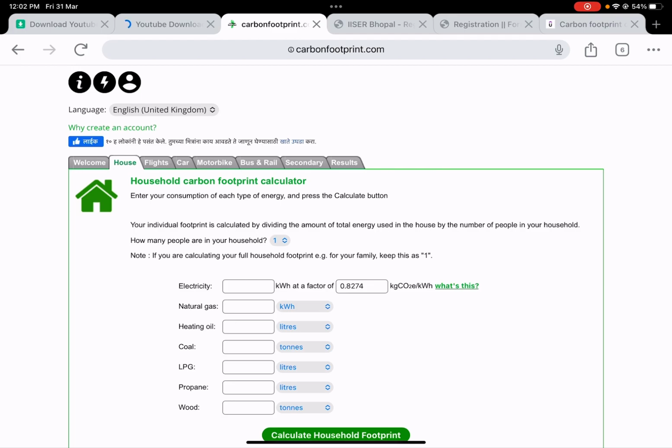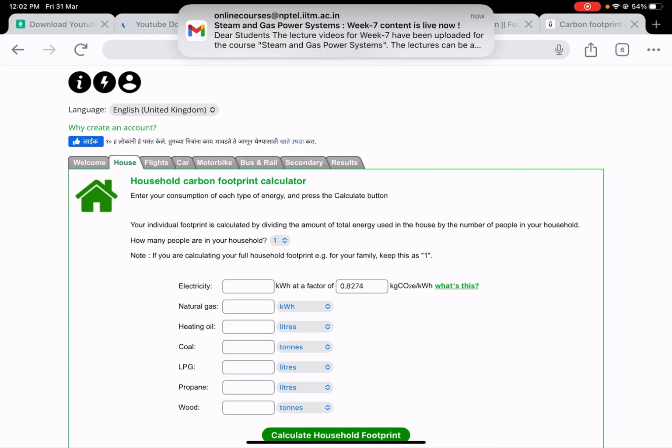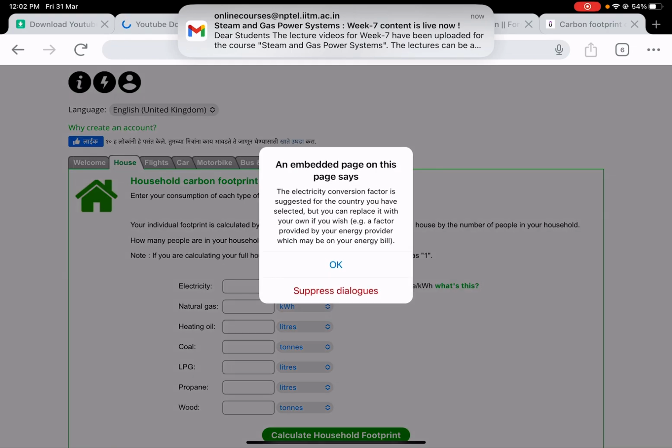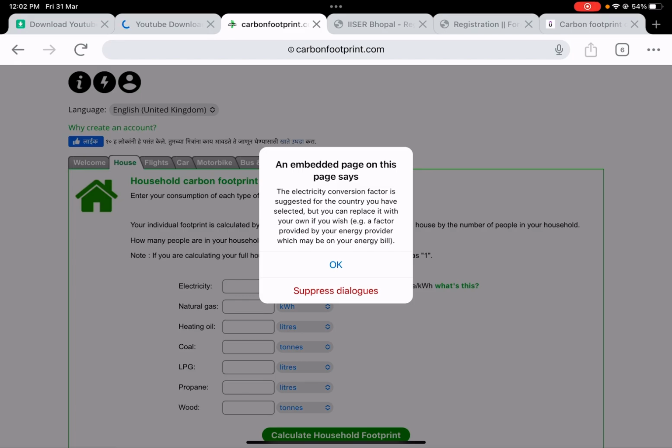Then come the actual questions. As I explained earlier, the most important information to be given is how much is the electricity consumption, and electricity consumption is typically in kilowatt hour, right? And what you see here is some value of emission factor. So what is this 0.8274? 0.8274 is the electricity conversion factor or emission factor suggested for the country you have selected, but you can replace it with your own. So the calculator has a provision to enter manually also the emission factor for that location,